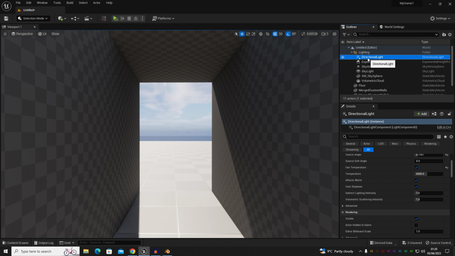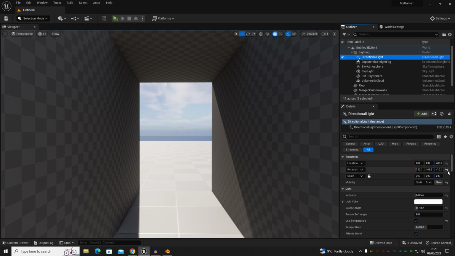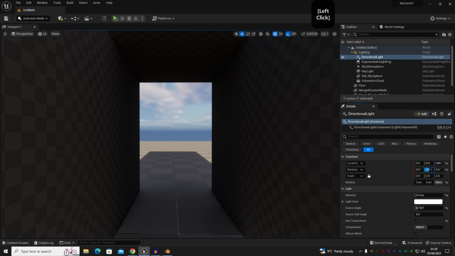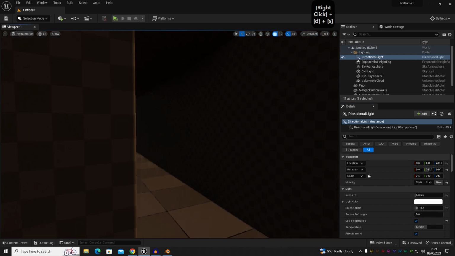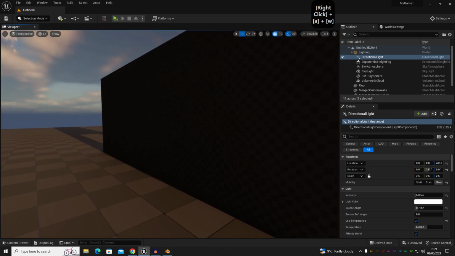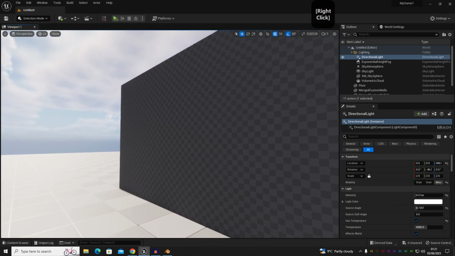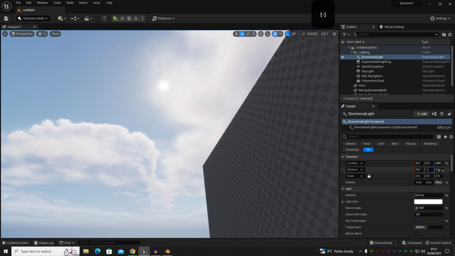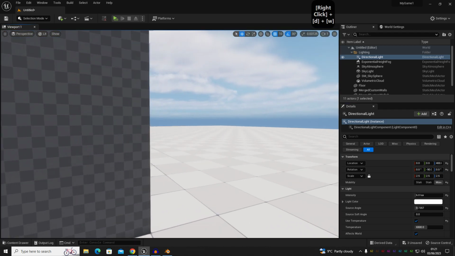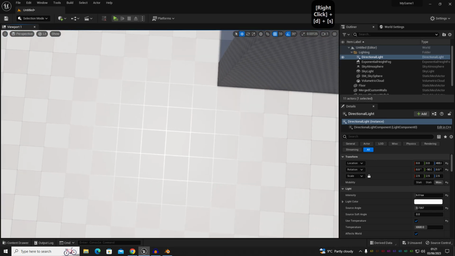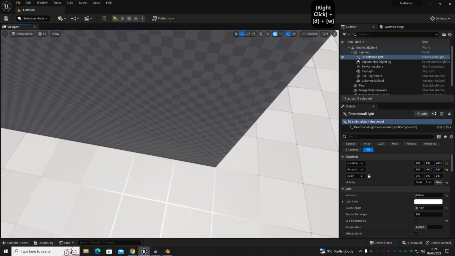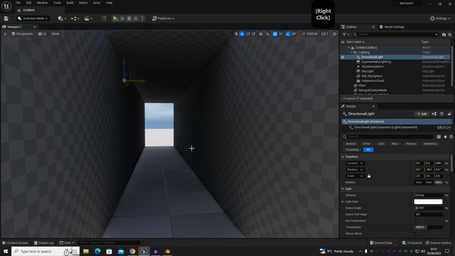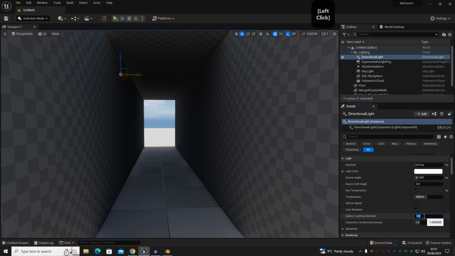So with the sun in the sky, you can change the direction. Now you can do that here, and you can manipulate that as well, so you can move that around in the scene. So we've got it shining through this way with a nice sunset there, and we can have it reset to default position, which is here in the sky. We can set it to -90 so it's directly above us, and then it's going to be doing a uniform projection of light straight down from the top of us all the way down, so everything inside isn't being hit by the sun. Now you notice that the light is still quite bright inside, and you can make it a little bit darker by